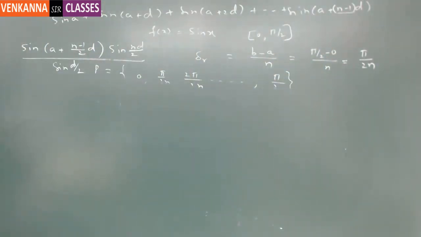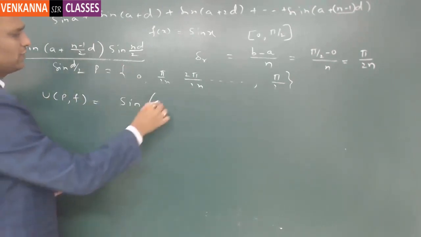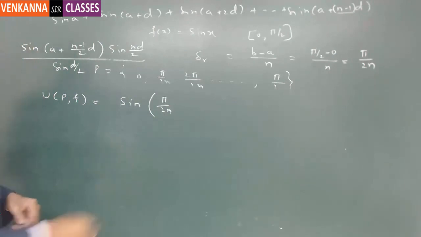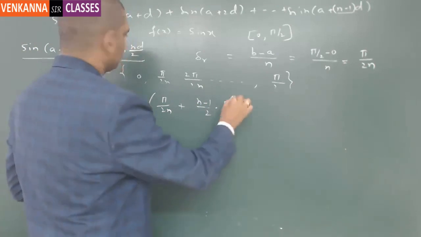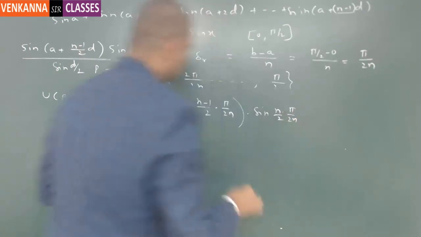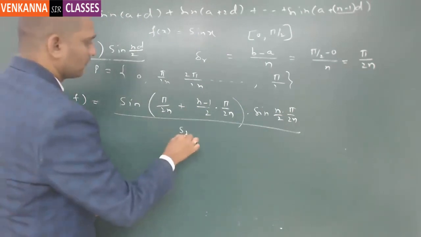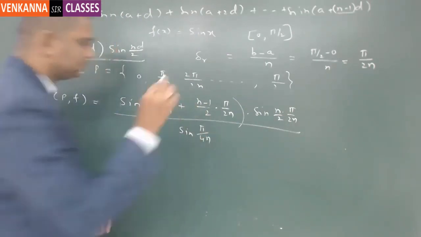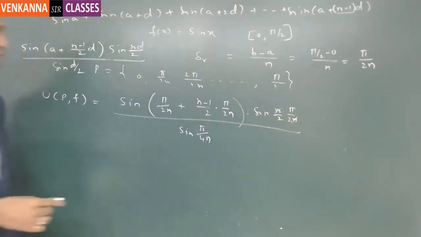So if you substitute the values there, it will be sin of A, which is pi by 2n, plus (n minus 1) by 2 into D, which is pi by 2n, into sin of n by 2 into pi by 2n, whole divided by sin pi by 4n. This is the value using this formula. So here n gets cancelled